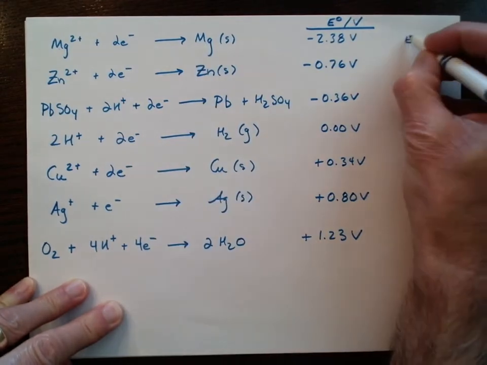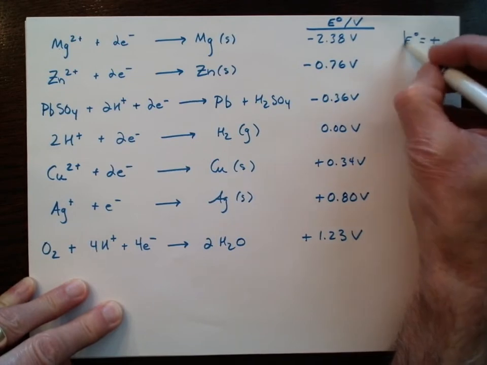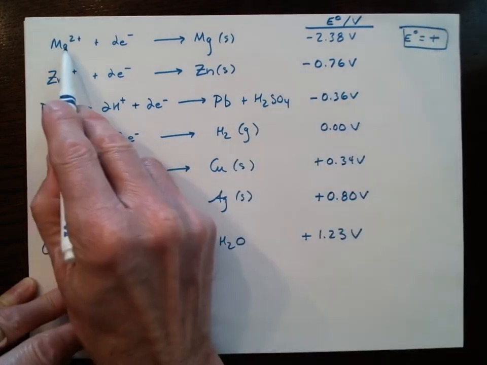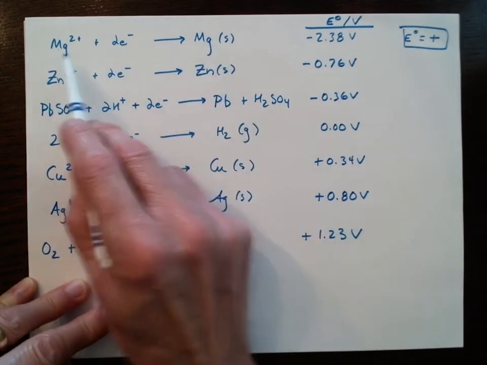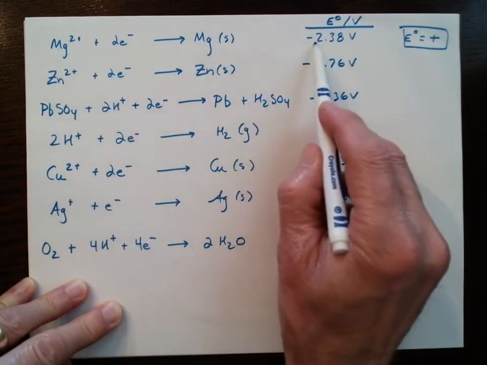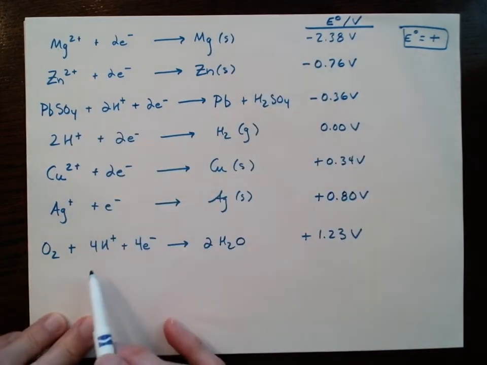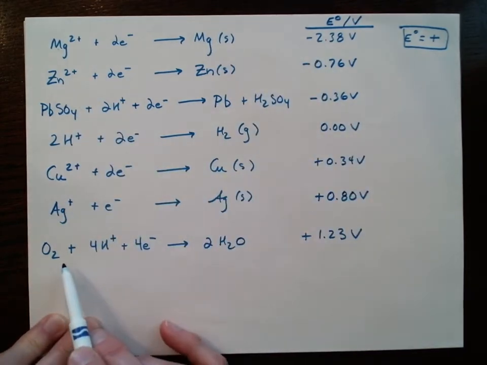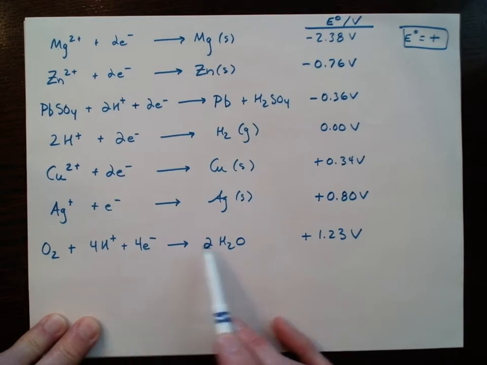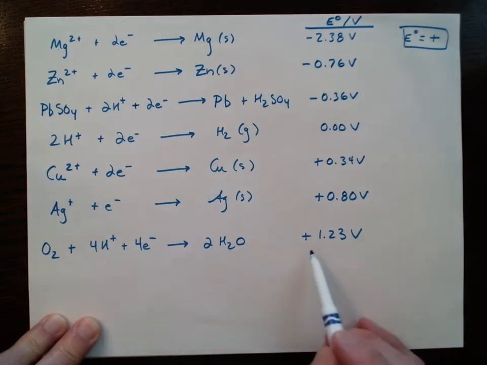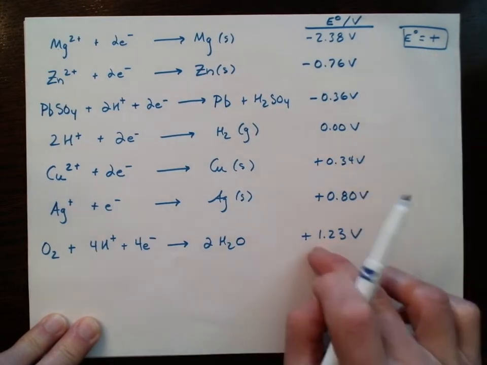Because we know that positive E0 is spontaneous, we know that this reaction is going to be pretty tough to get to go. It's not easy to do this. That's a very negative cell potential, so this is probably not going to happen. On the other hand, if we go down here and look at oxygen gas reacting in an acidic environment, getting 4 electrons and going to water, that's going to be quite easy to happen based on the positive cell